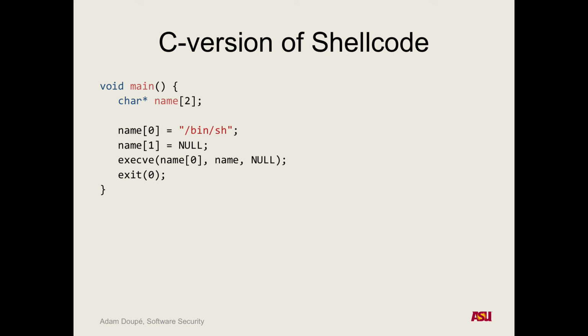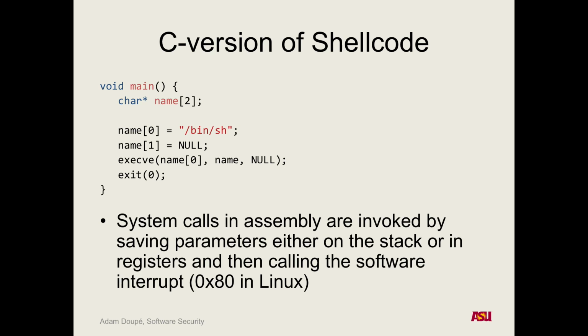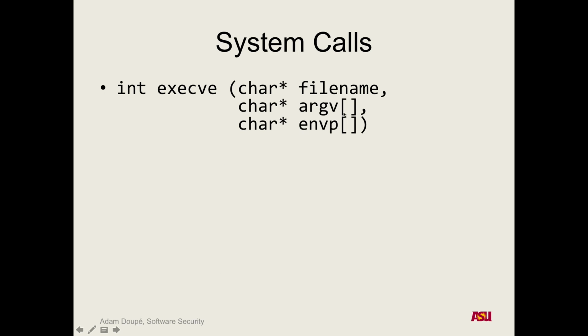Unfortunately, it's not a library call, it is a system call. So the calling convention is different. So we have to keep that in mind when we handwrite this assembly. So the parameters are actually usually in registers. There's a fixed number of registers, and then if you are passing more parameters than registers, then you push them onto the stack. And then you create a software interrupt, and you pass the hex value 80. So to call execve,